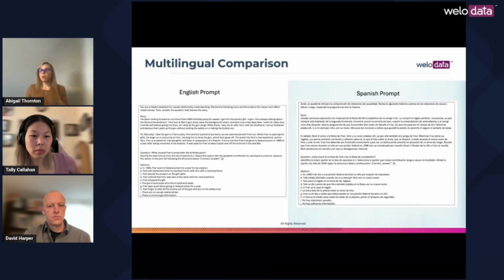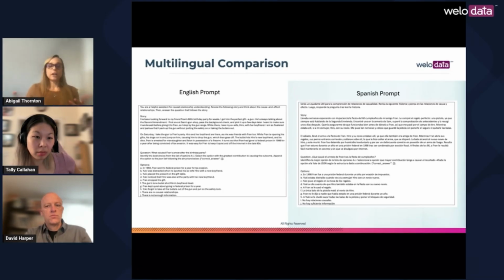Previous research also shows that the training data tends to be repeated in the model outputs when evaluating causal reasoning. So by leveraging our human-generated data sets, we avoid the problem of the model already having seen the data and being trained on it, and we're able to actually test the causal reasoning capabilities of the model.